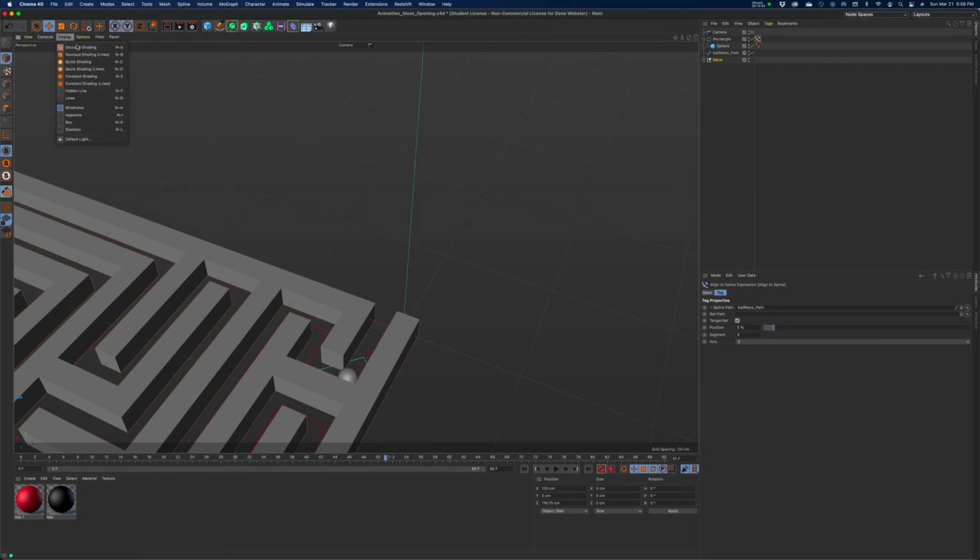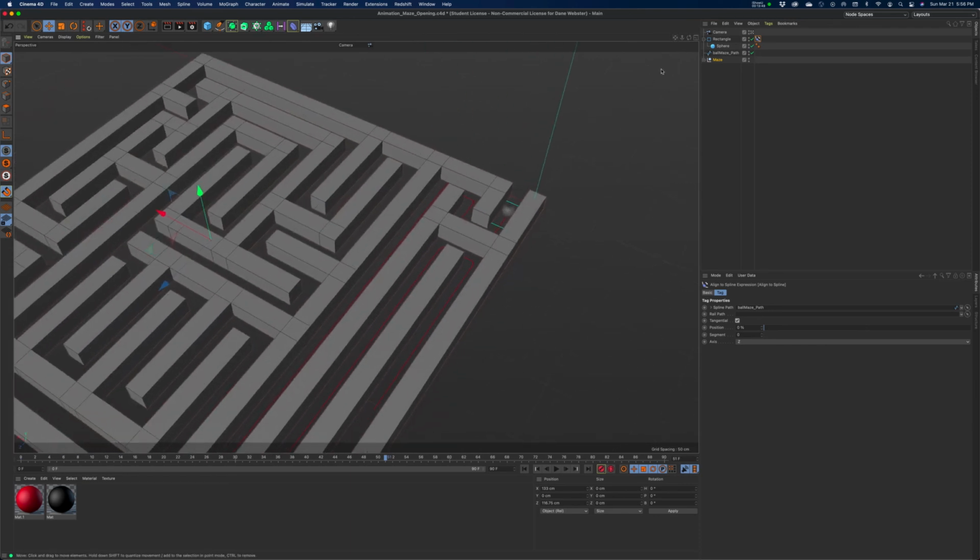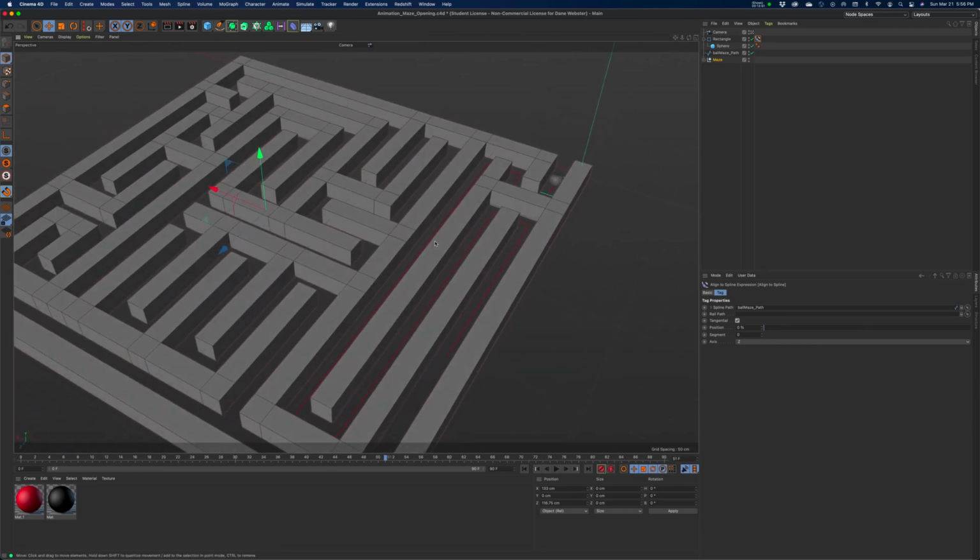But if I turn on the wireframe for the sphere, what we're going to see is it's not rotating. It's just along for the ride. So now this is where the math comes. If at this point you're like, no math, you can turn off the tutorial and never check out any of my tutorials again. But in this case, what we need to do is figure out a couple different things. We need to figure out how long the path is. We need to figure out the circumference of the ball,